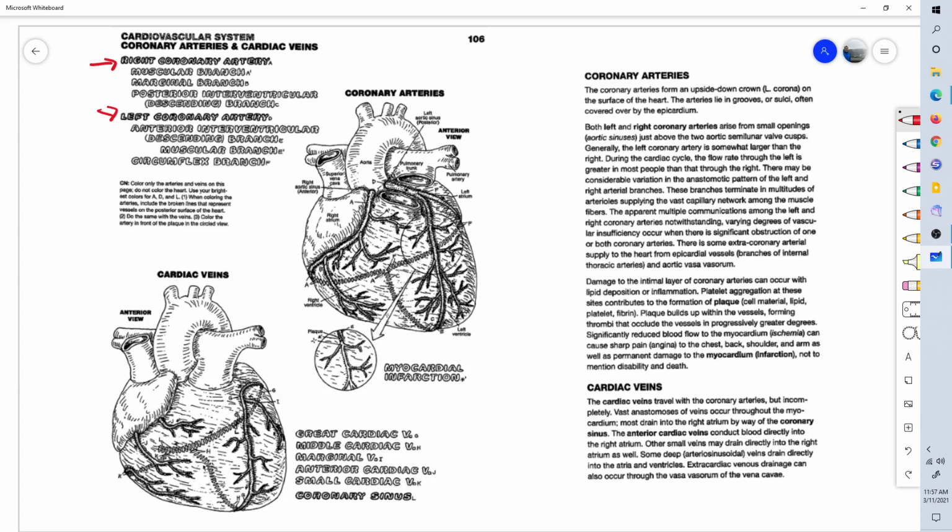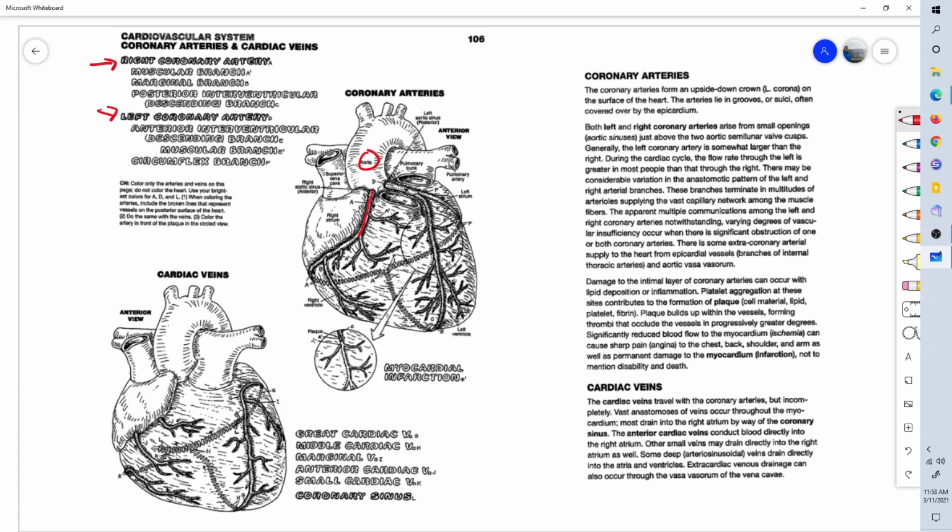Starting with the right coronary artery, coming off of the aortic arch. Recall that the left ventricle is squeezing. This left ventricle here is squeezing its blood into the aortic arch and out to the body. And some of that blood comes through these coronary arteries. So branching off of the aorta is the right coronary artery